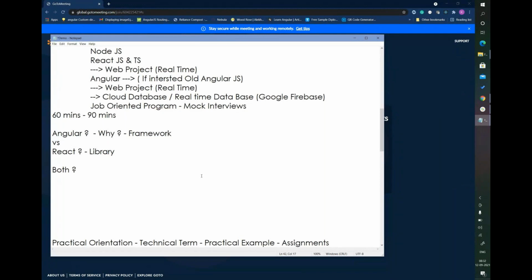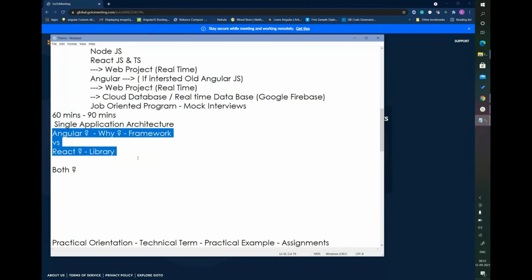Coming to the SPA, the single page application architecture, both come into SPA, so you can implement it with either Angular or React.